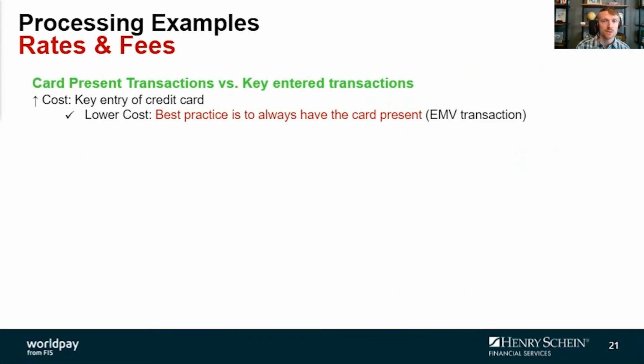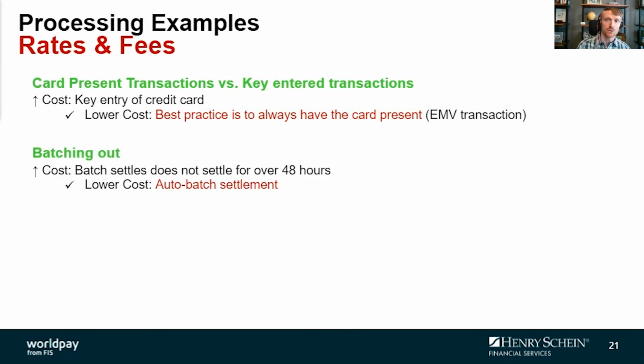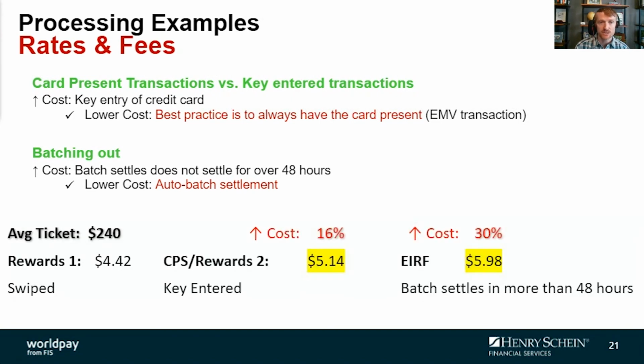The last touch point I wanted to communicate on was interchange rates and fees. Depending on how you're accepting the transaction is how the rates and fees work. So whether it's a card present transaction, a card not present transaction, or maybe you didn't settle the batch for more than 2 days, when I mentioned those 300 rates and fees of interchange, those rates vary and depend on how the payment is accepted. So for this example of a $240 transaction for a dentist, if it was swiped,